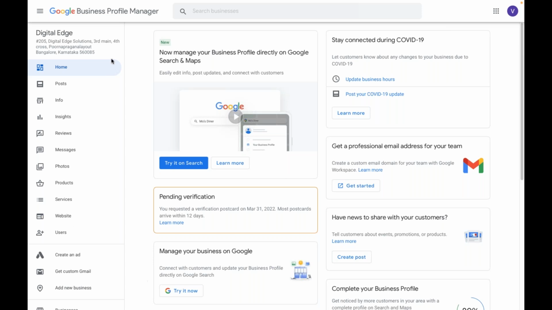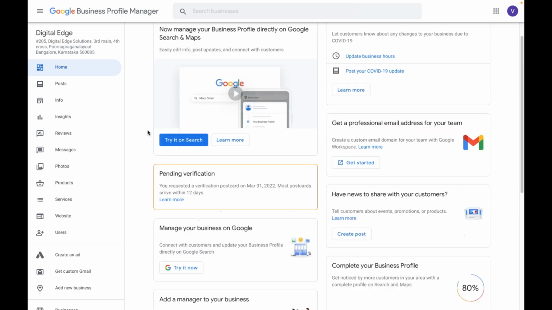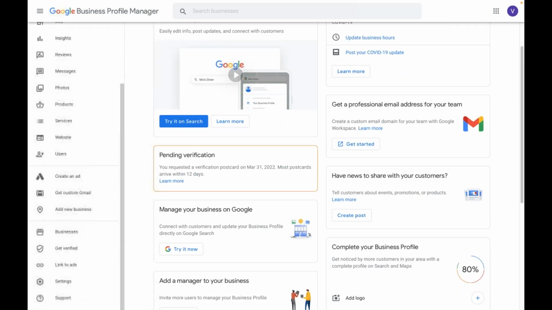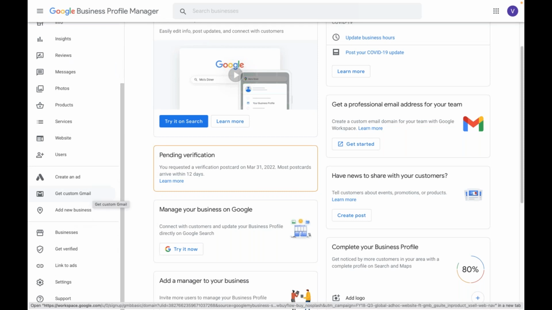And also, any point of time you want to add in other business, you can do that as well. And also, an interesting thing, what you see there is create an ad, which we'll be